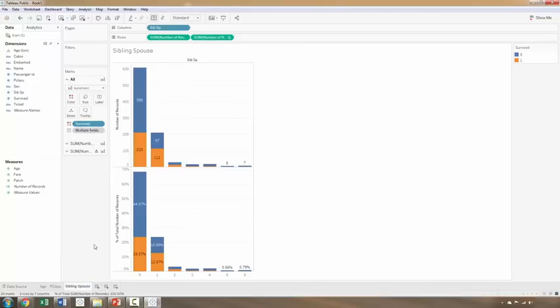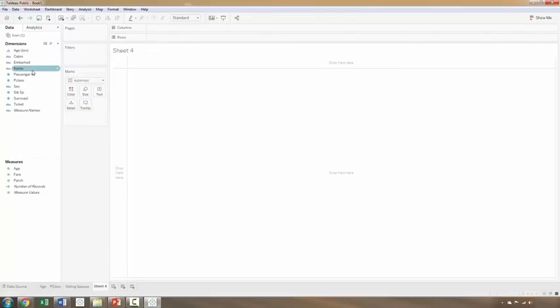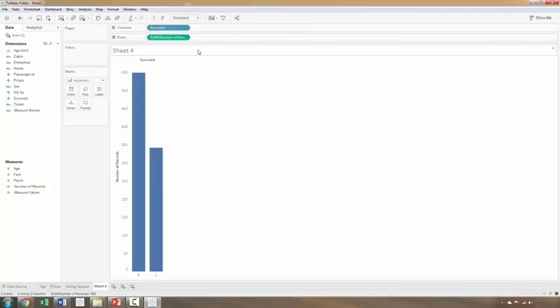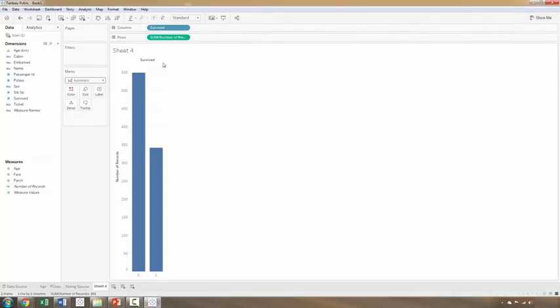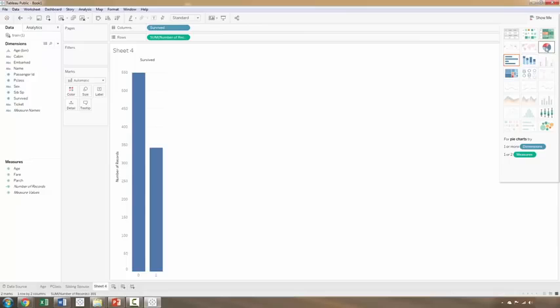And I'm going to create one more chart, one more sheet, and it's basically going to be whether or not they survived, just to get a feel for, out of all of the passengers, how many survived. So I'm going to pull over the survived variable here, and then number of records. And this does not look very nice, right? So we can actually change the chart type. If you click on Show Me, over here in the top right corner,